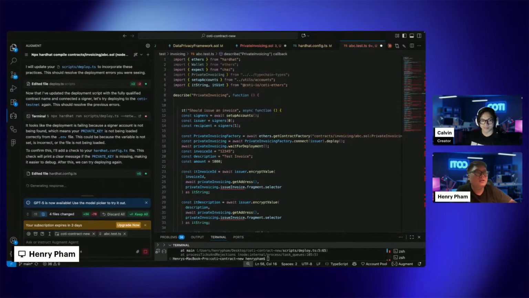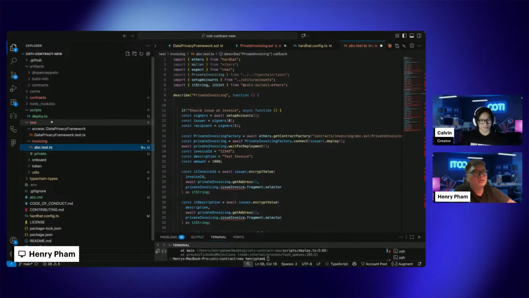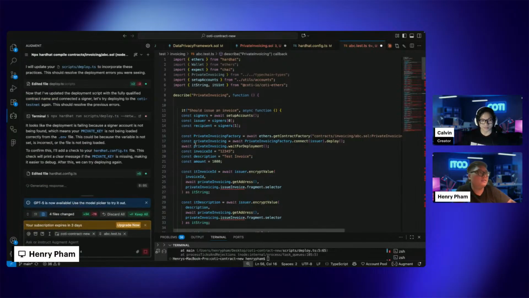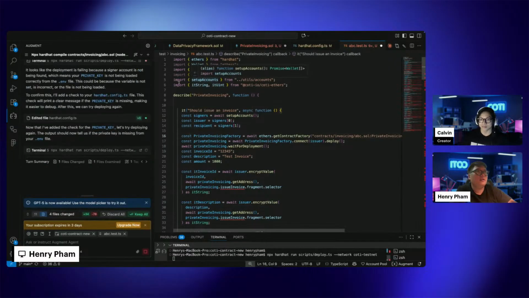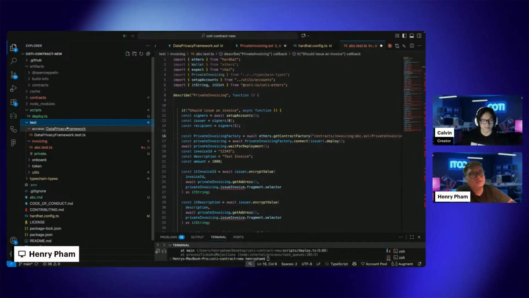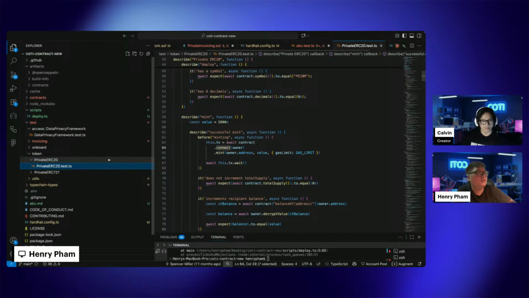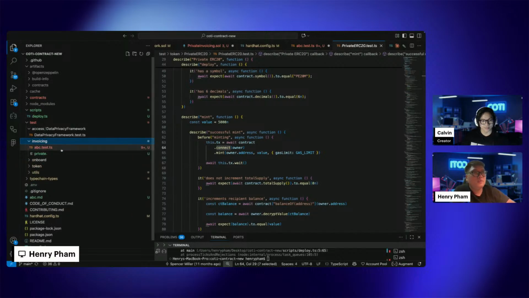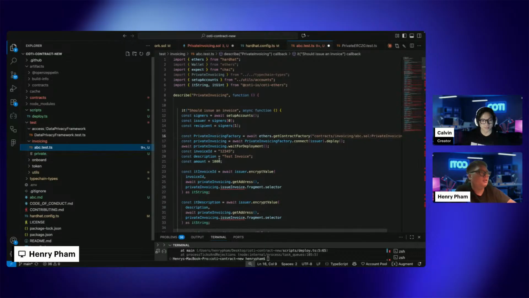So after we write a smart contract, we need to write a test file to test if it's working or not. So you can see here in the test file, a lot of tests for our smart contract with private ERC20. We have the private ERC20 test group here, and I wrote abc.test. So it's a private invoicing test. So what does the testing file do? So first of all is